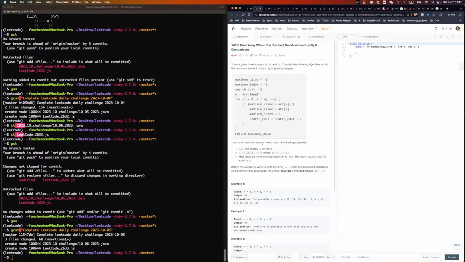Okay, you should build the array which has the following properties. The array has exactly n integers, where every one is in between 1 and m. After applying the mentioned algorithm to the array, the value search cost is equal to k. Return the number of ways to build the array under the mentioned conditions. What the hell? Alright, so basically this is saying the search cost is each time you find something,